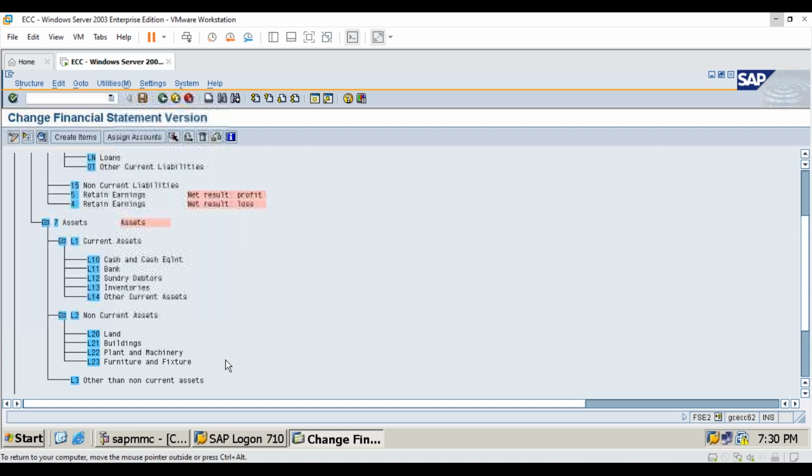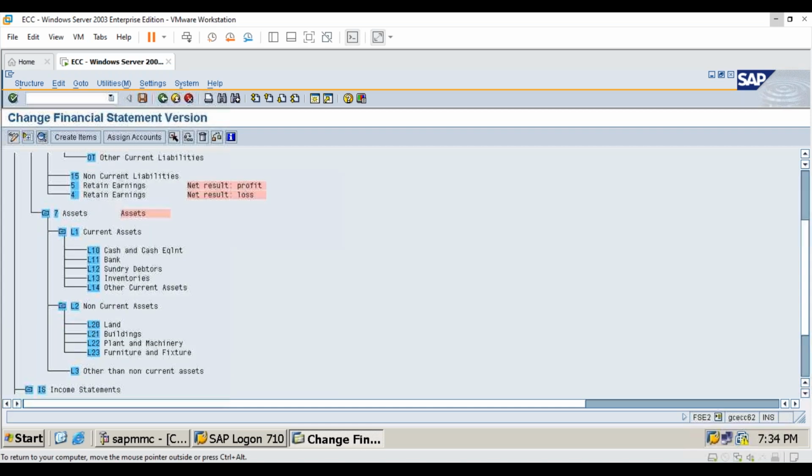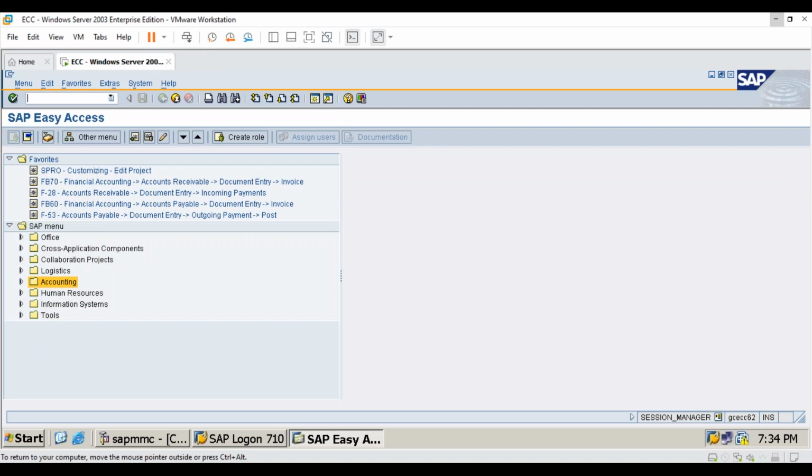Okay, so before finalizing this, I'm not getting any response. We'll run OBD4. What is the number range we have taken for assets, liabilities, and expenses and income? The T code is OBD4 slash N. OBD4 and press enter key,